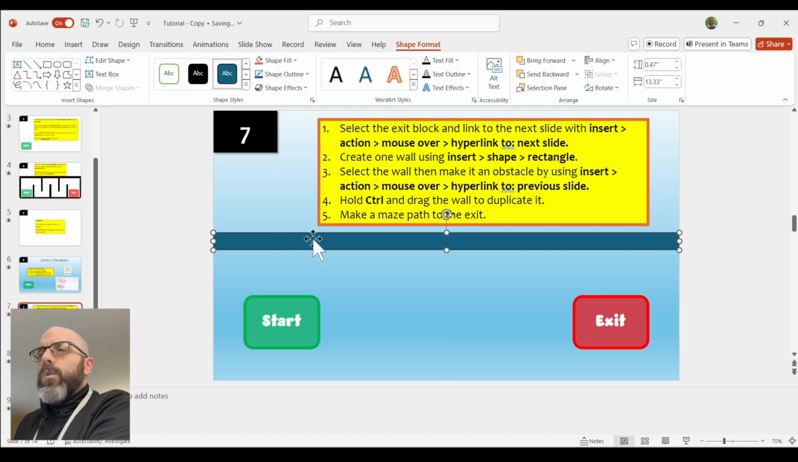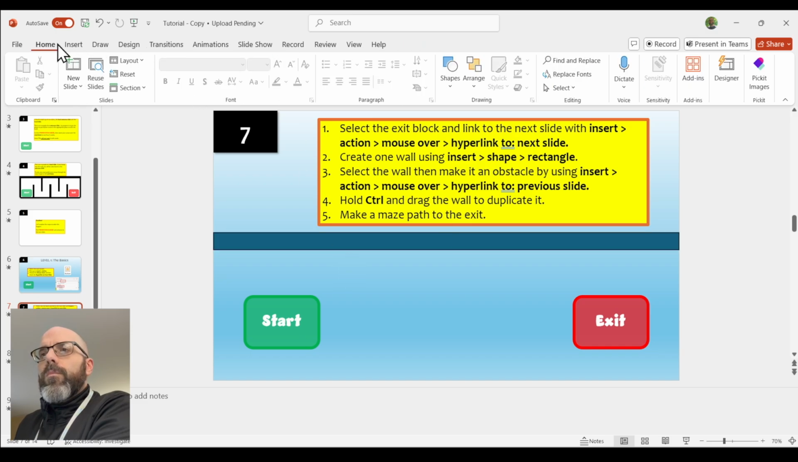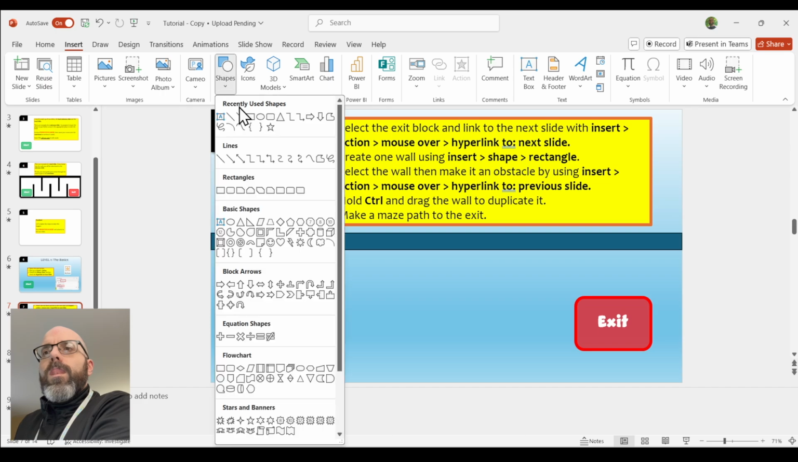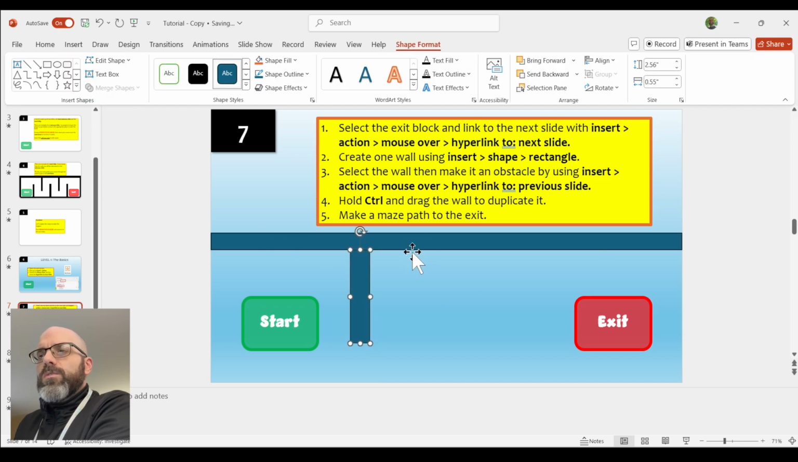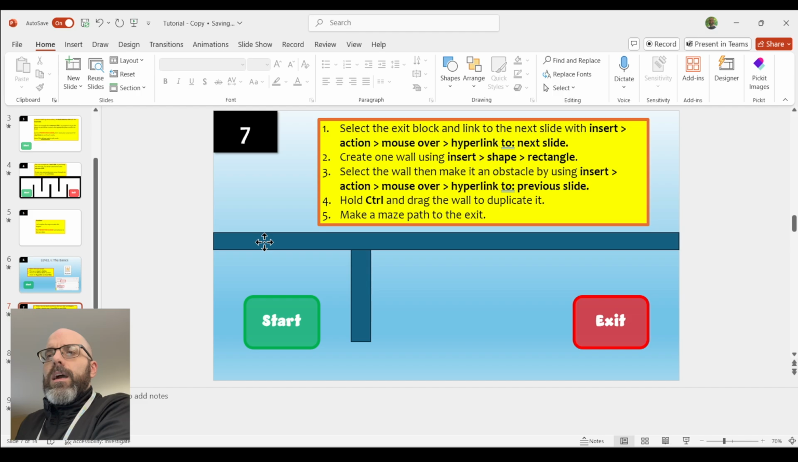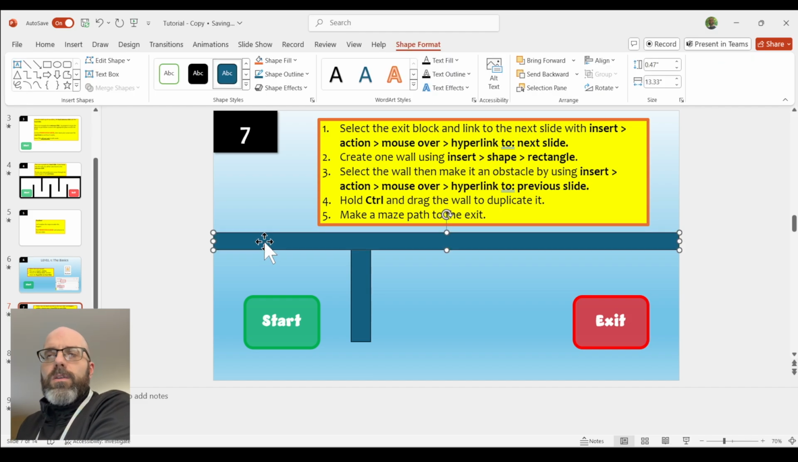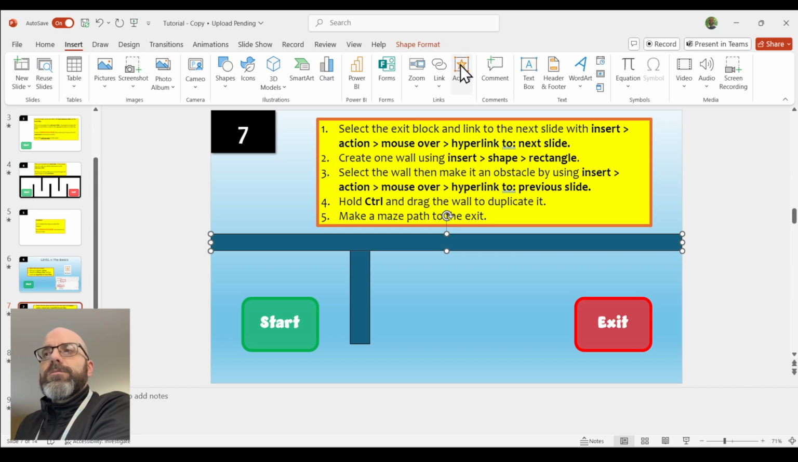So this wall will be an obstacle. And then I'm going to make another wall going up and down. And I'm just going to make 2 for now, and you'll see why in a second. So I'm going to make 2 walls, one going across, one going up and down. Now I'm going to program these walls to be obstacles. So to do that, just like we did with the start button, we're going to select the wall. We're going to go up to Insert, Action,